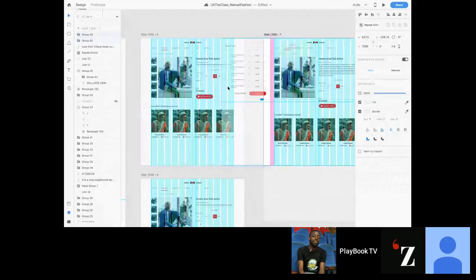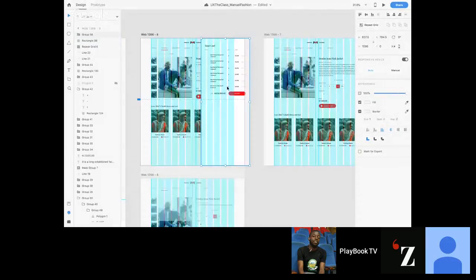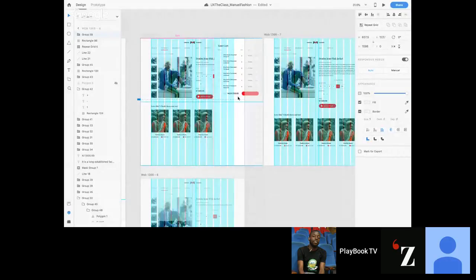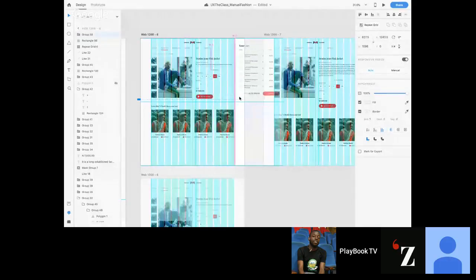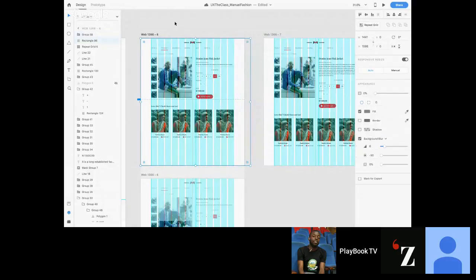So I'll take this one and pan it a little bit to the side, and then I'll drop it to 0, so that when I'm doing this with my prototype,